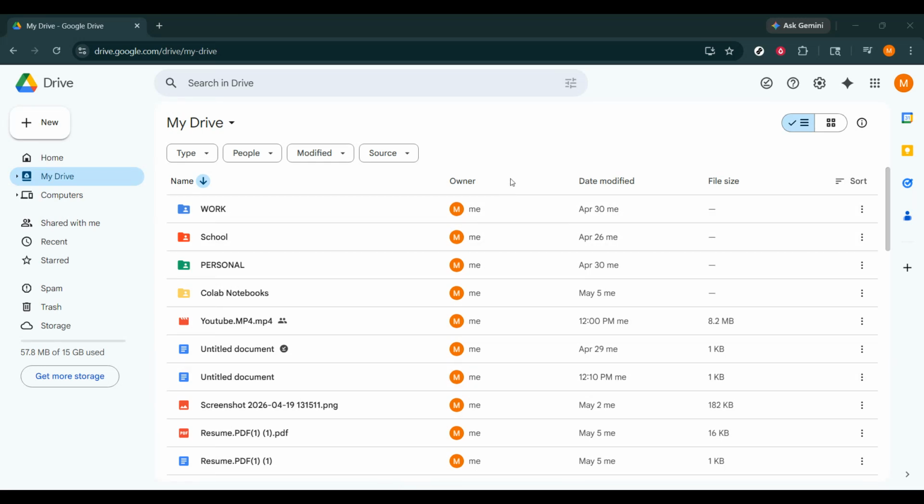If you want to create a Google Drive link that you can share with anyone, this video will walk you through the fastest and easiest way to do it. Whether you're sharing a document, a photo, a video, or an entire folder, the process is simple once you know